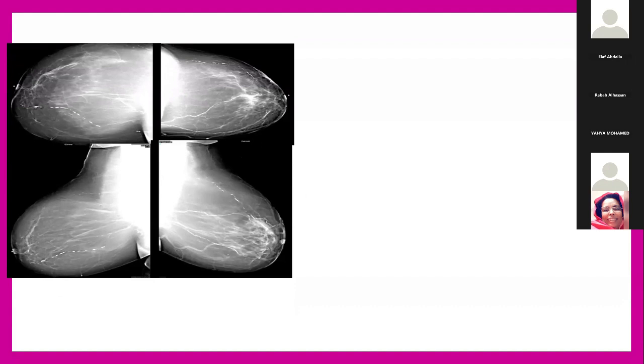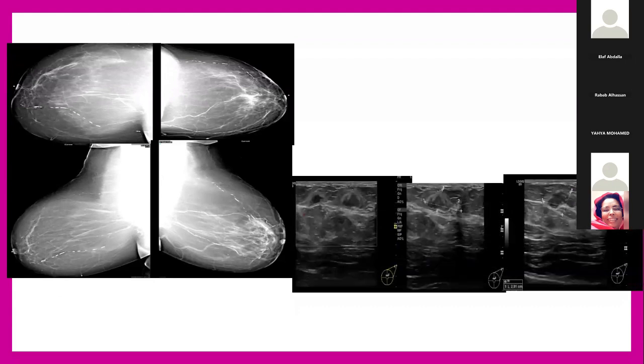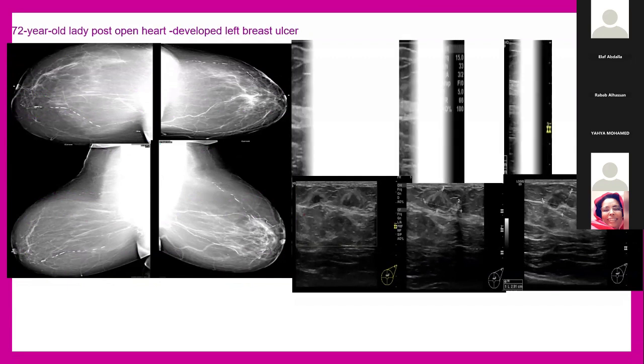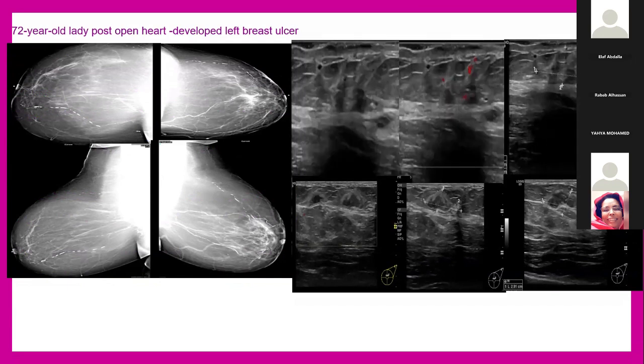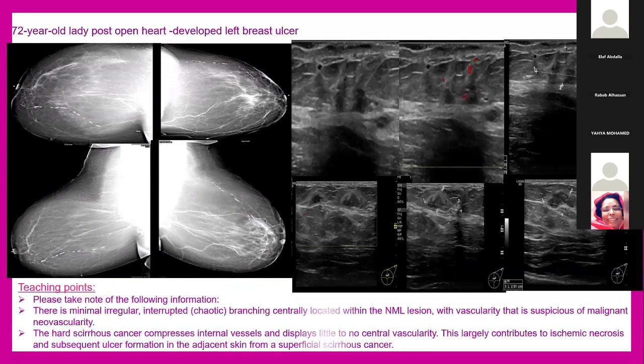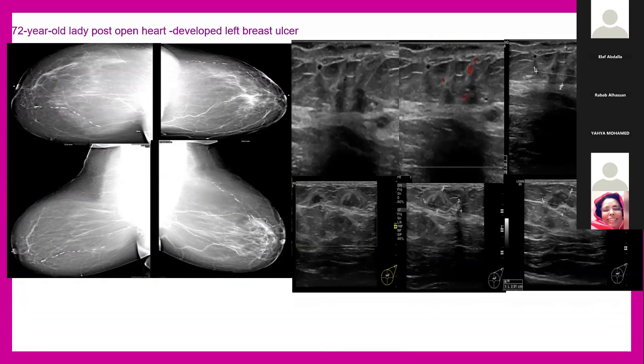This patient is one of the interesting cases, okay. She's a 72-year-old lady post open heart surgery. She developed a left breast ulcer. She presented with a left breast ulcer. Okay, so